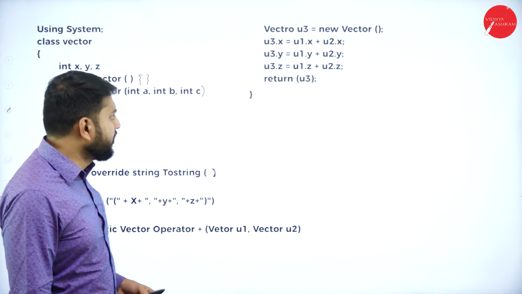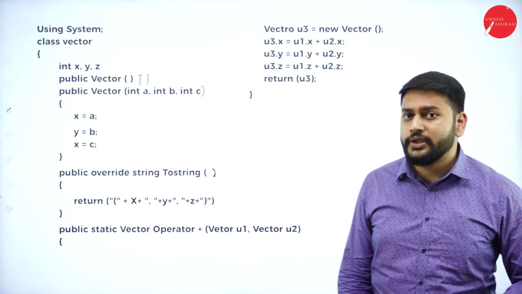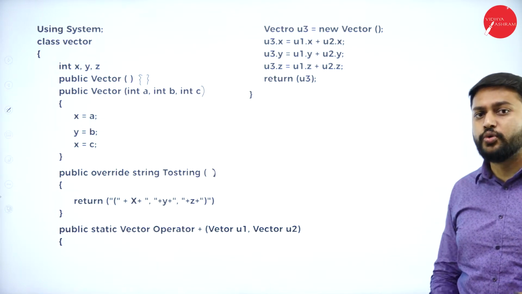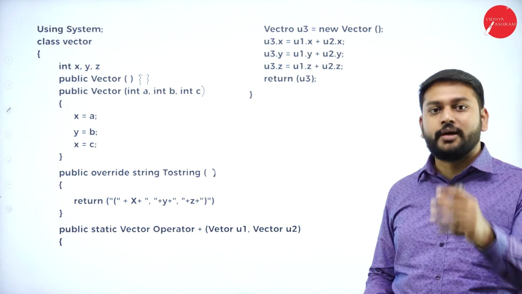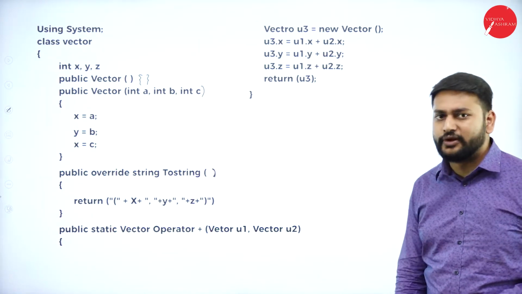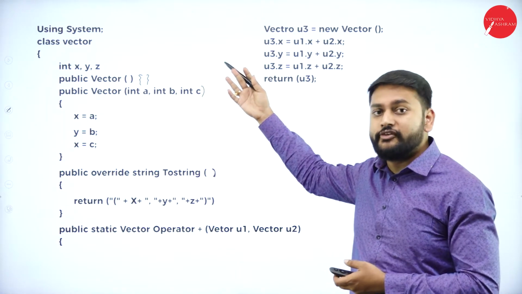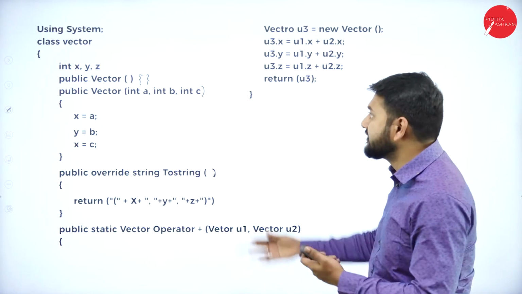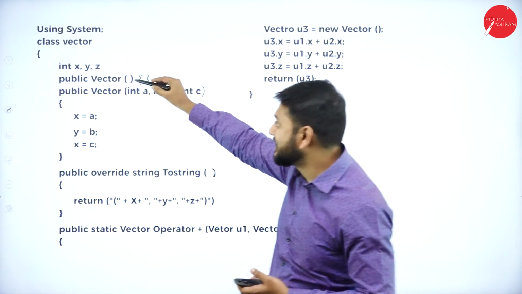Let me show you one more program which speaks about how we overload the comparison operator. You all know that is equal to is a comparison operator. So how do we overload that? Let's check that with a simple program. I don't think I have to explain the basic things once again which we have discussed in the previous program. I have taken a class called vector here, and we have created three variables x, y, z.